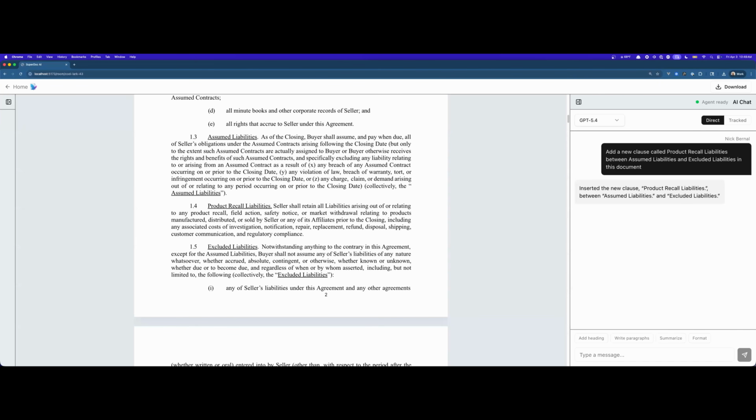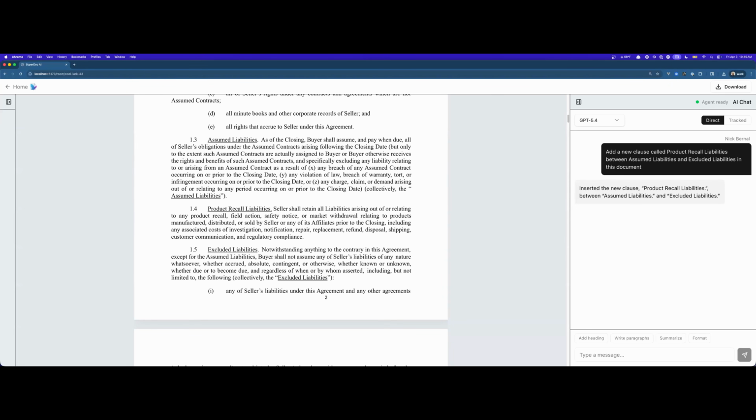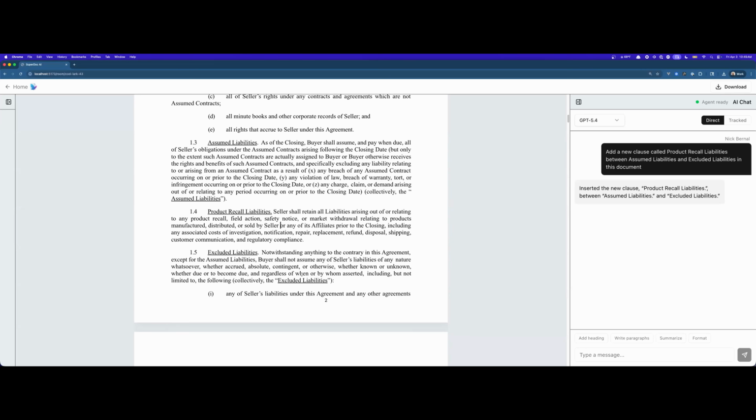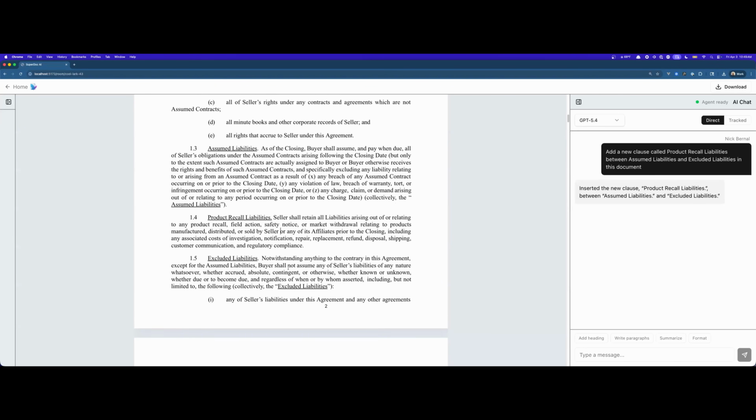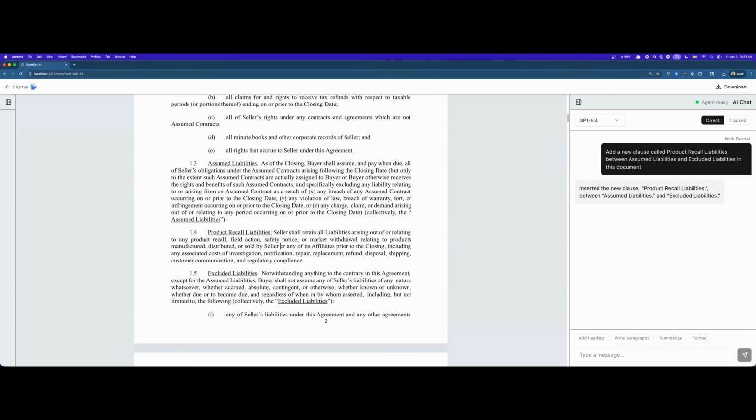You would have looked up and noticed, oh, clause 1.3 starts with a little underline, and so does clause, well, previously 1.4, now 1.5, also starts with a little underline. So my clause 1.4 should probably do that too, right? So it can look and understand the context, not just of the words, but of the formatting of the document. And this is critical for maintaining coherence, readability, and meaning within important documents.